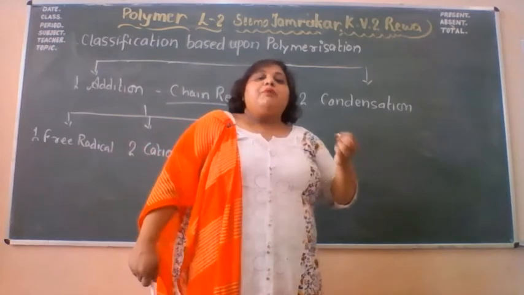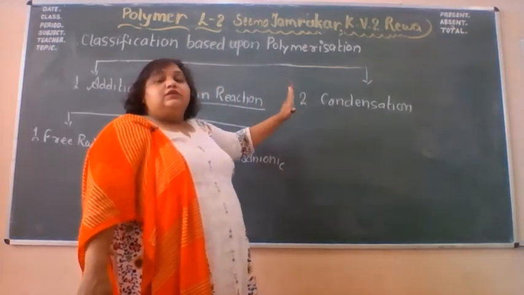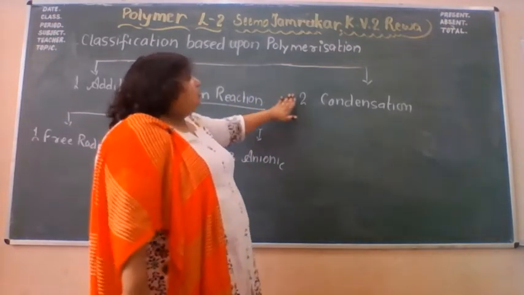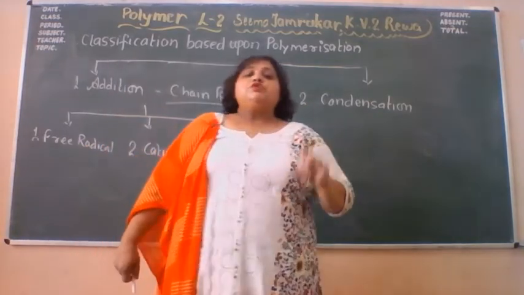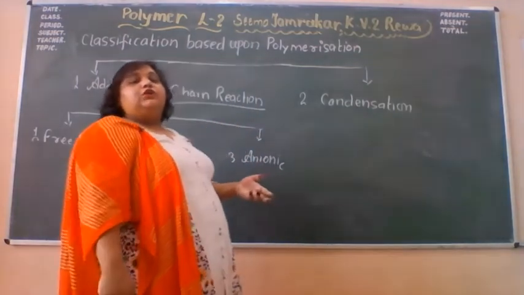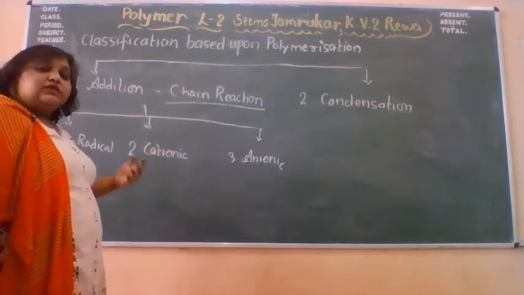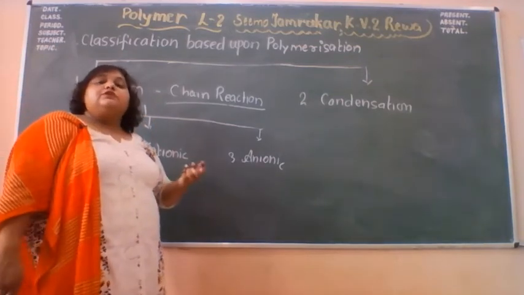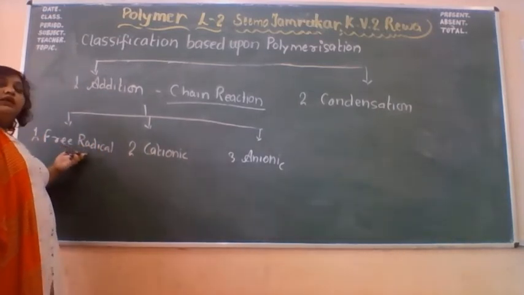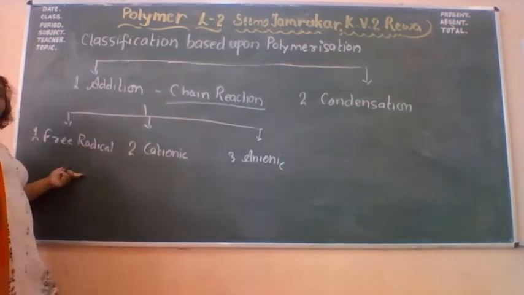But what is the reason, what is the criteria that makes this difference? What is the parameter, the determining factor, that decides that the process will be addition or condensation? This is the presence of the catalyst. Which catalyst you are using, which external material you are using. Whenever benzoyl peroxide and these kinds of things are used, which undergo the process of homolysis, they form the free radical, and since this free radical is a highly reactive species, it continues the process.